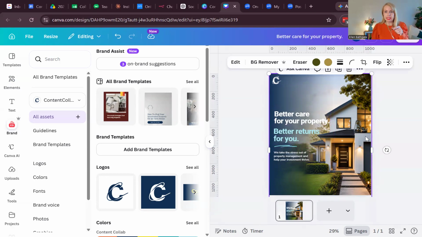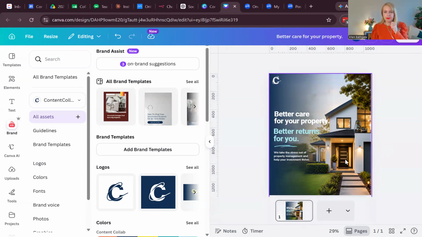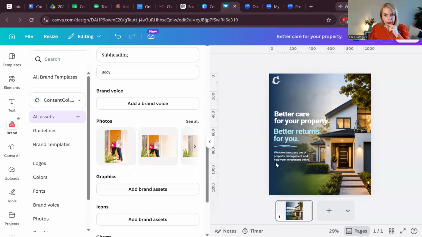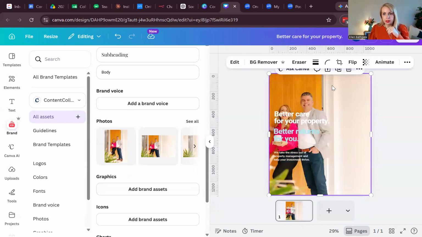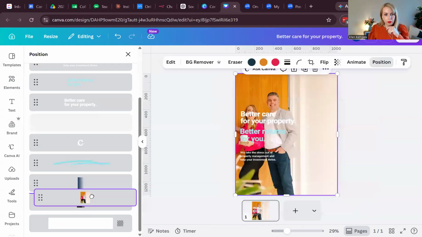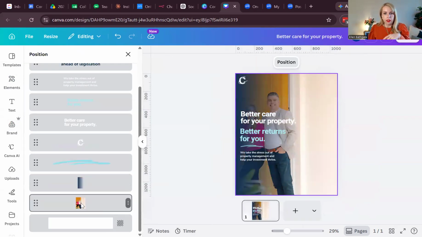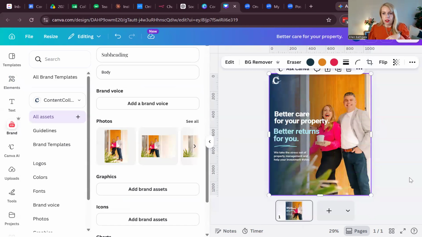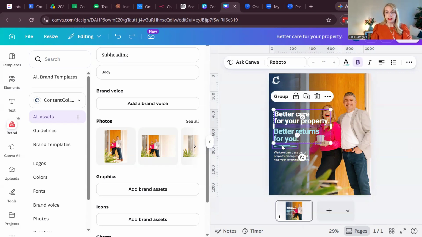And to be honest, this image feels like it could be an American home. It might be, look, it might be an Australian home, but if you can put a real photo there, you'll absolutely be better off. So I am going to put a real photo here. I'm going to put a photo of Matt and I. And let's fix this position. Put it behind, get rid of that one. Move that across. Okay, so this is how you can use AI to generate your image, but then you can jump in and make changes to it so that it looks and feels much more like you and your brand